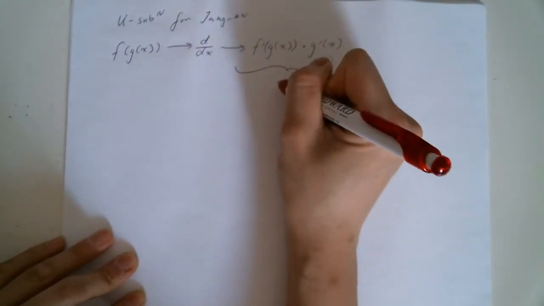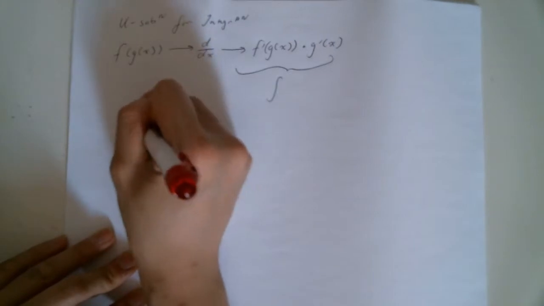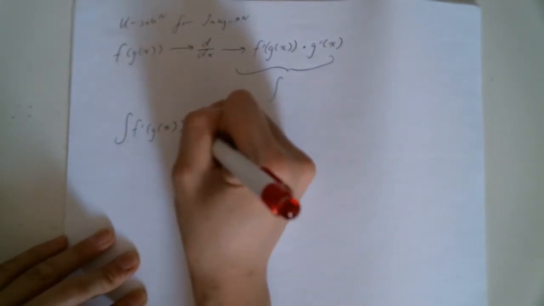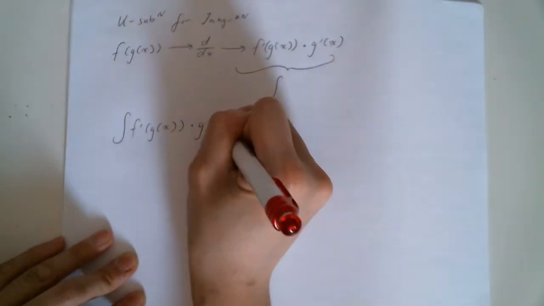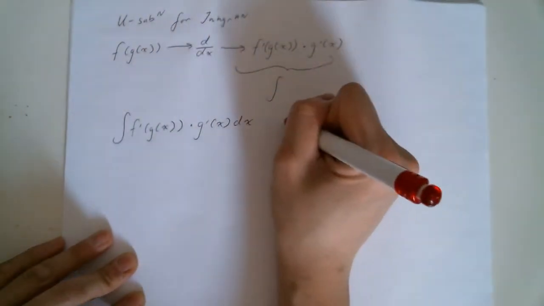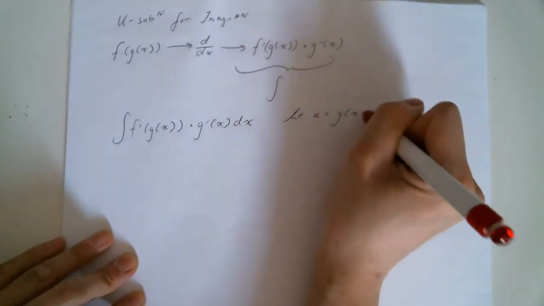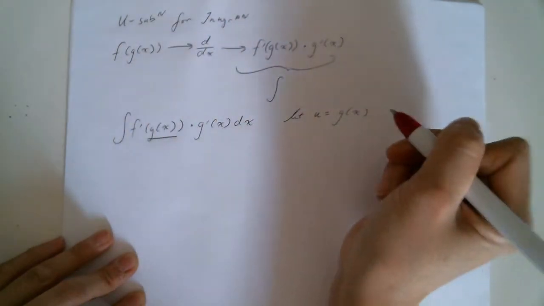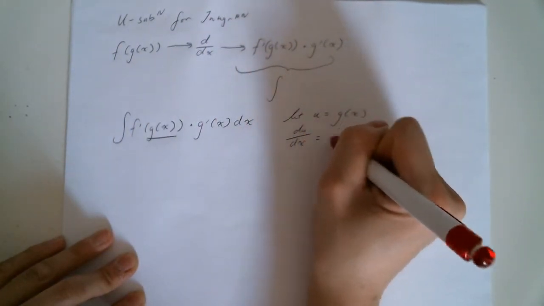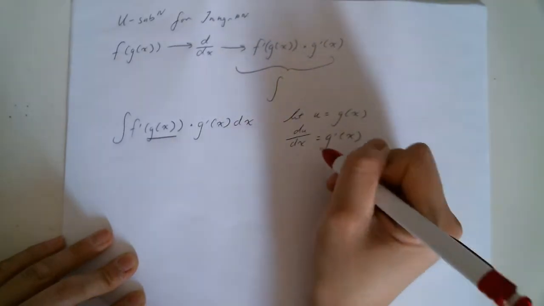And that's the form that we're going to see within the integral that's going to prompt us to utilize U substitution. So what we'll want to do here is identify that inner function and set that to be your U. So here we see we're going to set our U to g(x), and then we're going to differentiate that U with respect to x